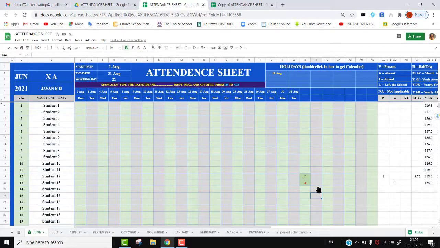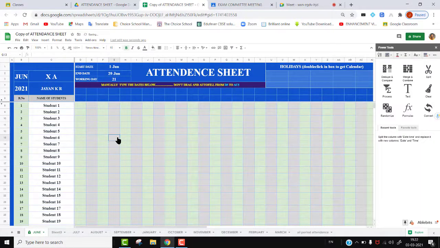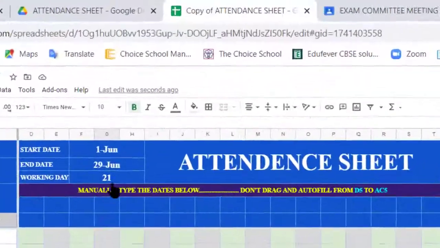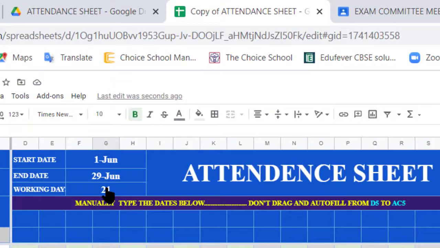Very easy method, teachers, very easy. Those who don't know the action script also can do it with a simple trick. Before locking the first column, I am going to change the total working days into 1. In this section I told you, based on the total number of working days we are locking the columns.